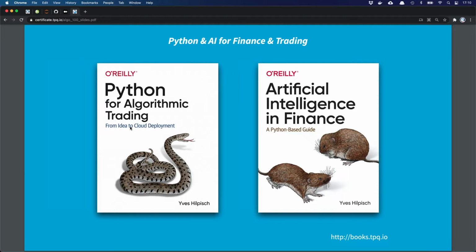There's even cloud as a deployment mechanism covered with a full-fledged case study, which shows from A to Z how to go from your very idea to finally a cloud-based, robust, professional, or at least semi-professional deployment approach, which is more reliable than what you could ever do on your local machine.